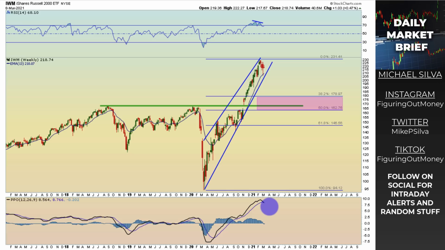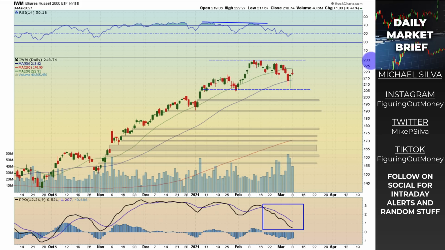Now keep in mind, in April we saw some big rallies, so just note that can change very quickly. This could be just a little fake out and then move higher. So we're going to watch these technical levels to see what plays out. On the daily time frame, we've really been just consolidating within this channel. We have 230 as a high and 205 as the low in the channel.